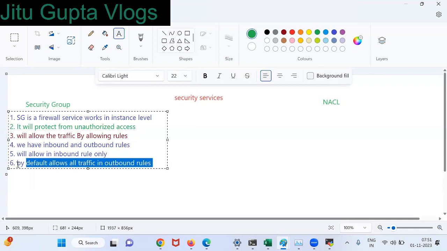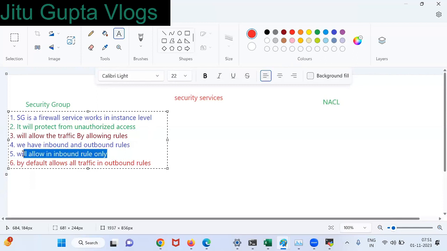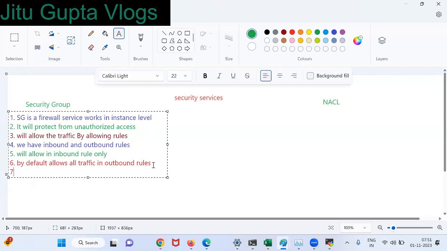Control is only in inbound rules. Any other points? Just say so that I'll write.